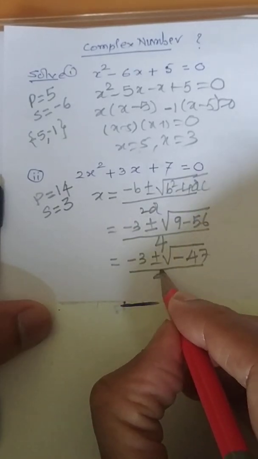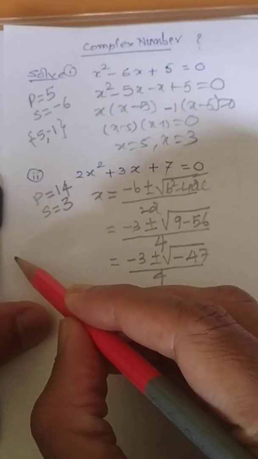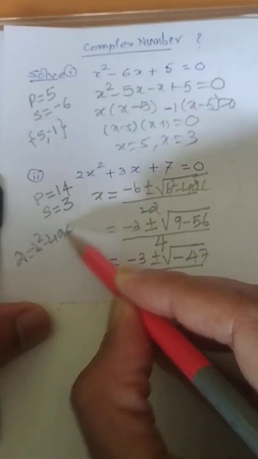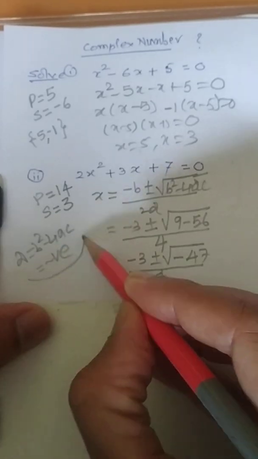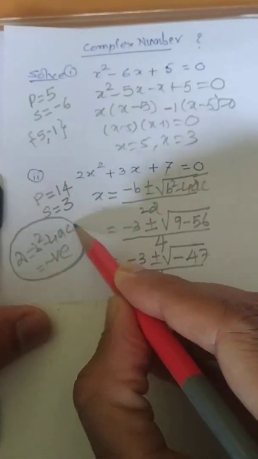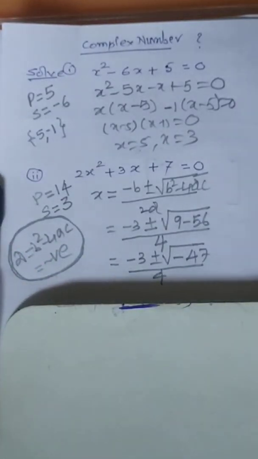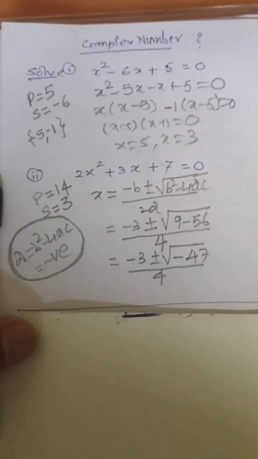I think this kind of situation arises in class 10th, so you are coming to the concept called discriminant. B square minus 4ac is negative, therefore no real root. Sometimes they say no root also, but the correct word is no real root and you do not answer further. But today I am sharing that this question can be answered in complex form.